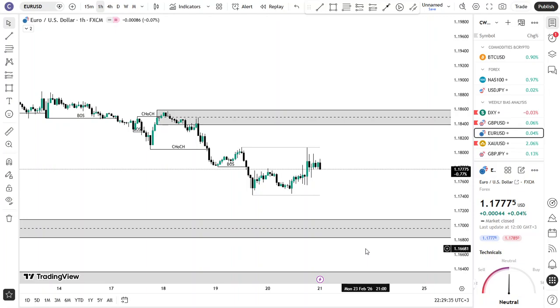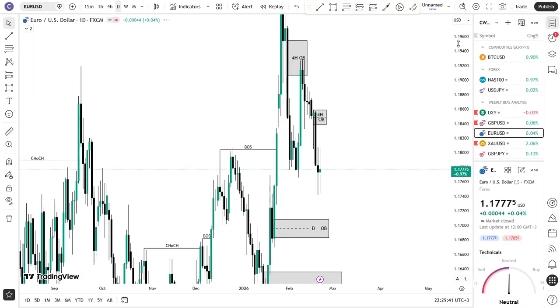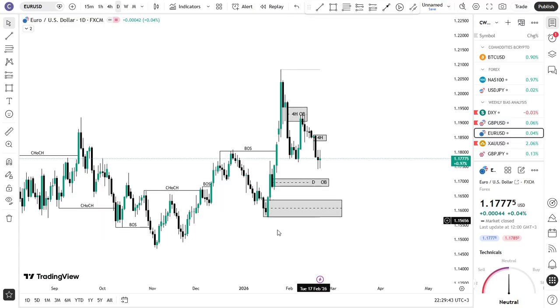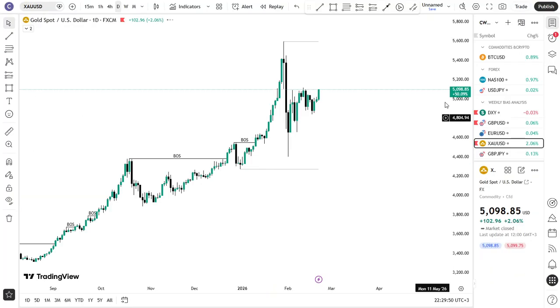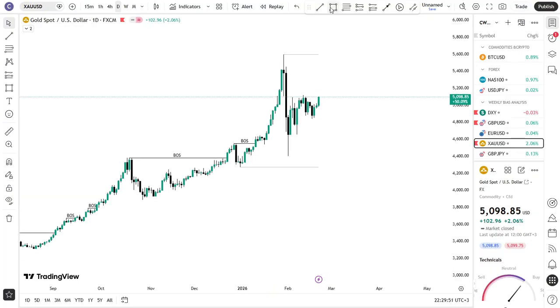So at the moment, EURUSD is on a bearish move, but on the daily we have a bullish move. Okay, so we're going to go to gold. This is my favorite pair, guys. So we have this